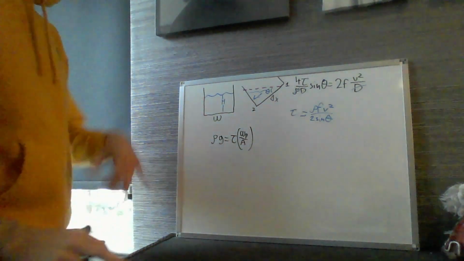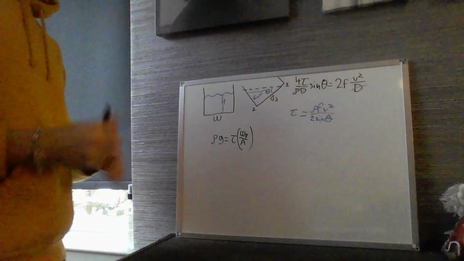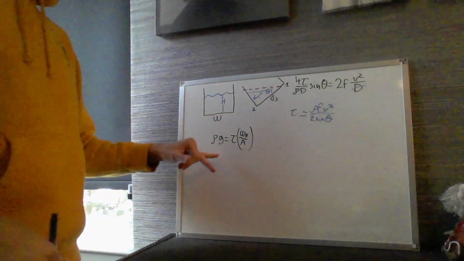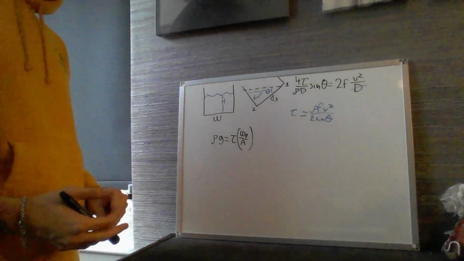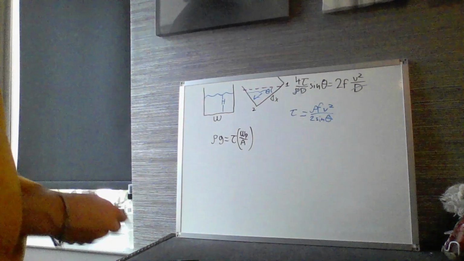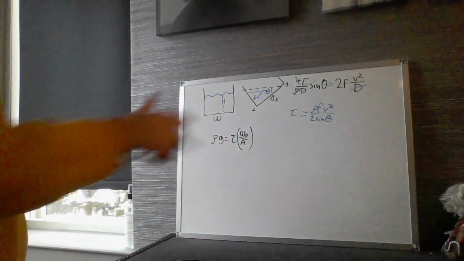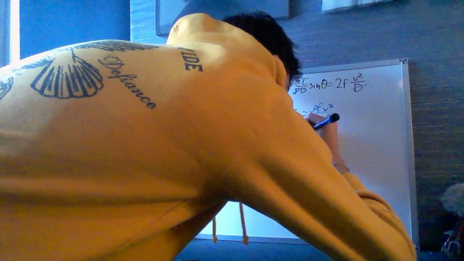Right? Sorry, before we go ahead and do that, we got to get our expression for G. So we go ahead and plug this back into here so that we get an expression for G in terms of this square aqueduct. So if we go ahead and plug that in, we get rho G is equal to